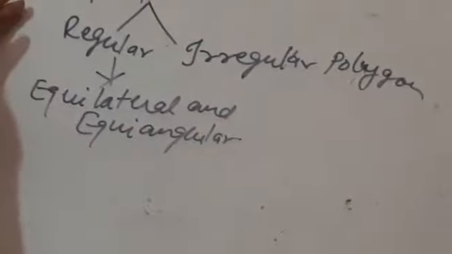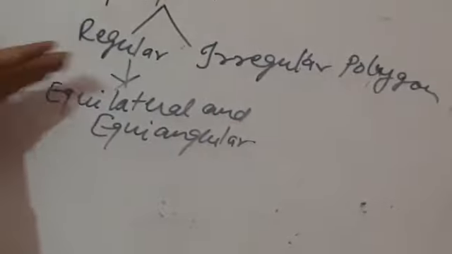In regular polygon, we have equilateral, meaning equi stands for equal, lateral stands for sides. So equal sides along with equal angles. What would be the examples for the regular polygon? Like equilateral triangle. Yes, all sides are equal. Equilateral triangle. Square. Yes, square. Pentagon of equal sides, hexagon of equal sides. So you would have numerous examples of the regular polygon.